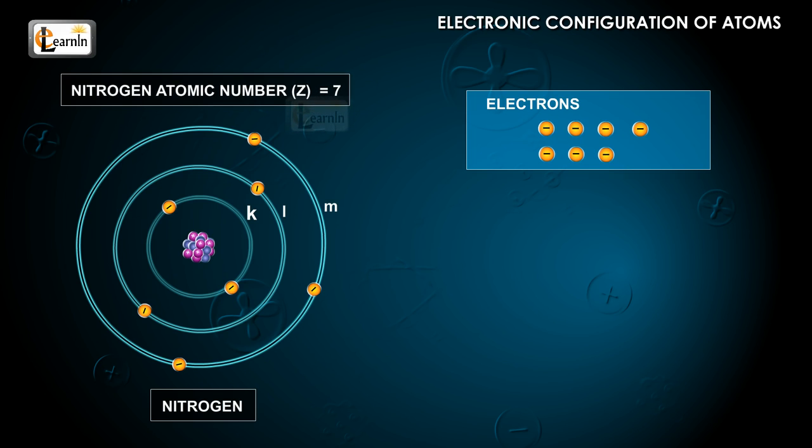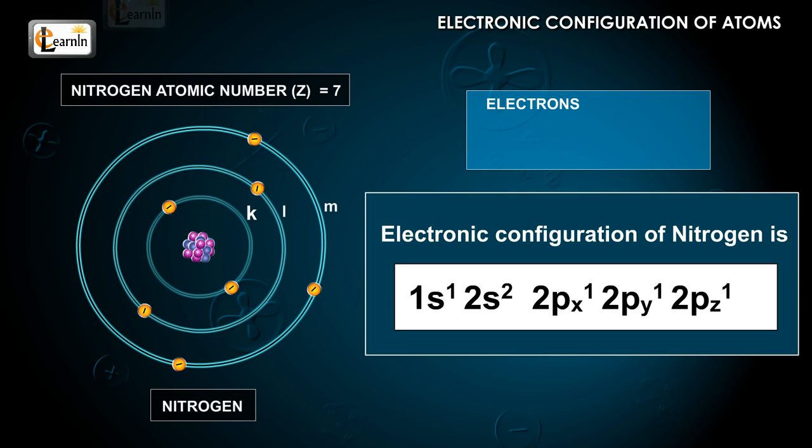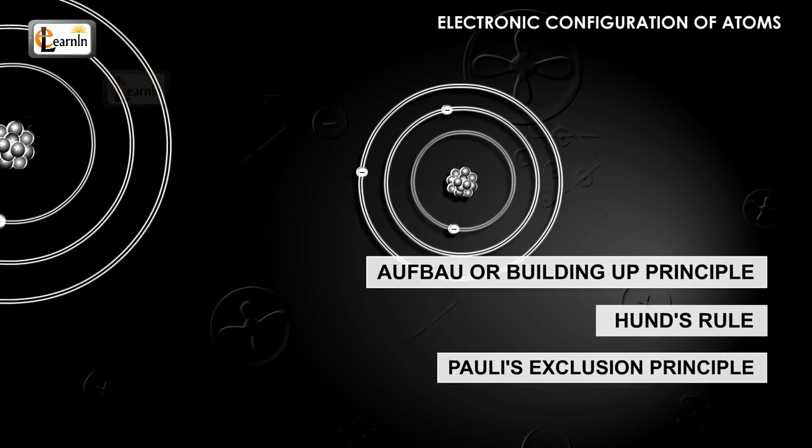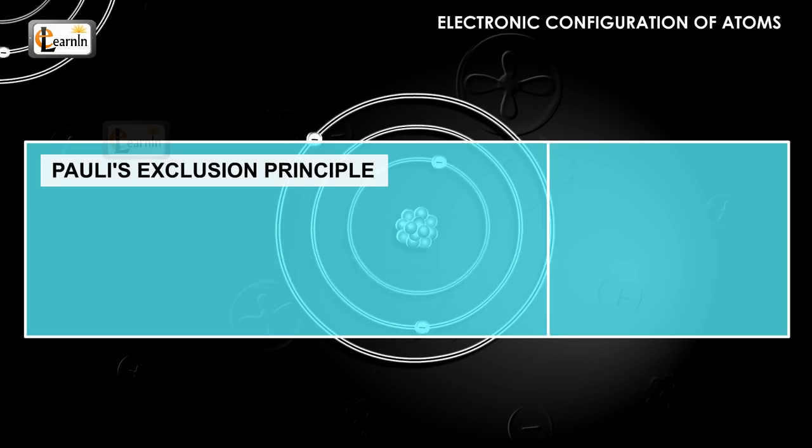It has 7 electrons. The first 6 electrons have the same arrangement as that of carbon, which is 1s2, 2s2, 2px1, 2py1. The seventh electron will enter only in 2pz, but cannot enter into 2px or 2py. This configuration is 1s2, 2s2, 2px1, 2py1, 2pz1. The third important rule for electronic configuration, that is, Pauli's exclusion principle, states that no two electrons